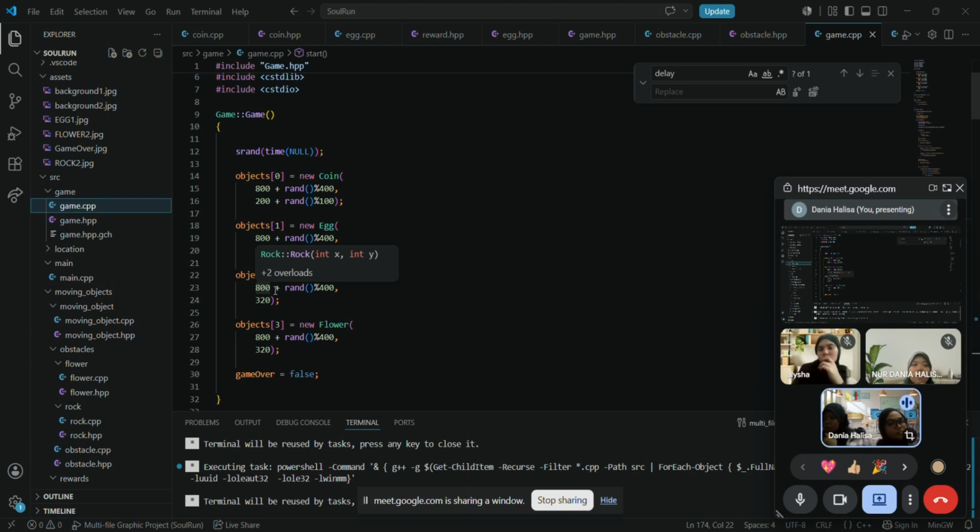Inheritance allows child classes to reuse common functionality from parent classes like reward and moving object. Polymorphism allows different objects to perform different actions through the same function calls. And lastly, array of objects to efficiently manage all moving objects using loops. So I think that's all for our project